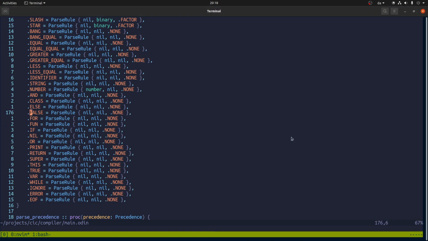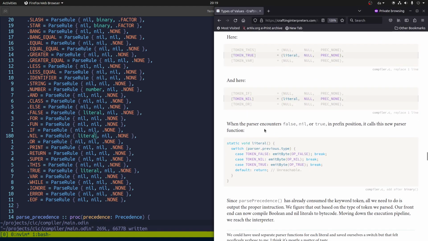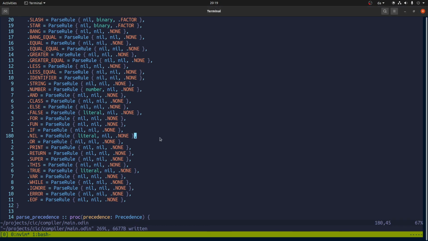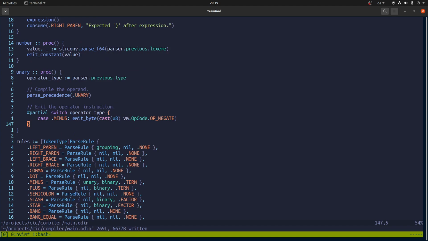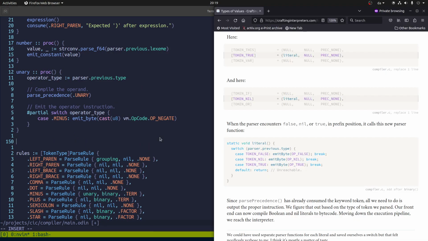So we just need to modify these, I guess. False gets a literal procedure for its parsing. True also. And the same for nil. So when the parser encounters false or true in prefix position, it calls this new parser function. Okay, so let's implement this function, literal,